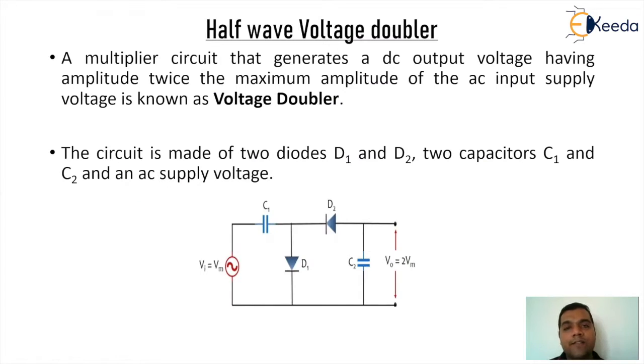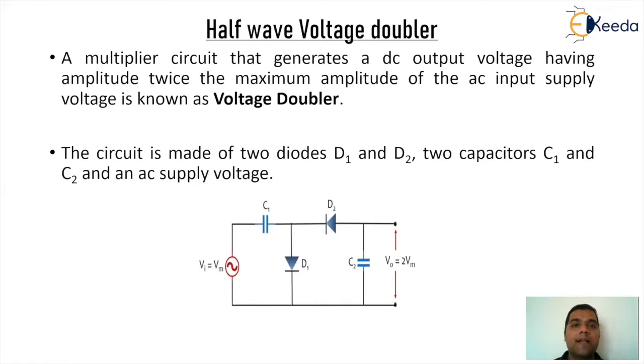So now the first thing is we are trying to understand what do you mean by half wave voltage doubler. For that we need to first understand what do you mean by voltage doubler. Very simple logic to understand. If I'm having 5, I'm trying to make it as 10. If I'm having 10, I'm trying to make it as 20. So if I'm having 5 volt, I will try to make 10 volt. If I'm having 10 volt, I'll try to make 20 volt. So that is what we mean by concept of voltage doubling.